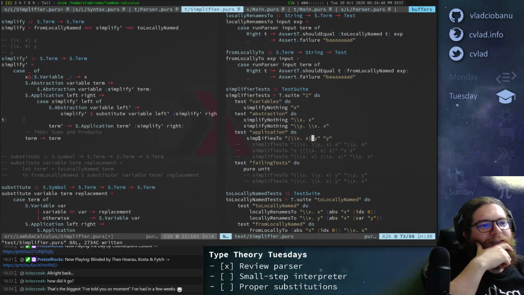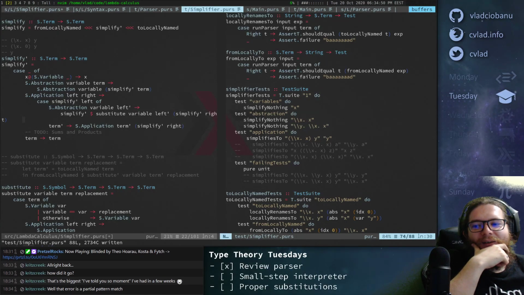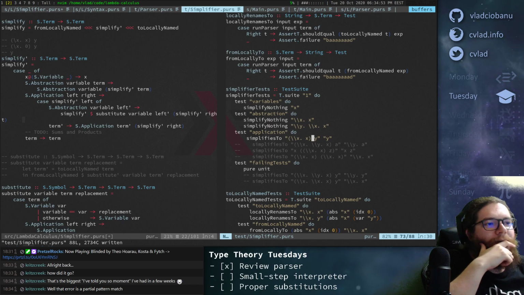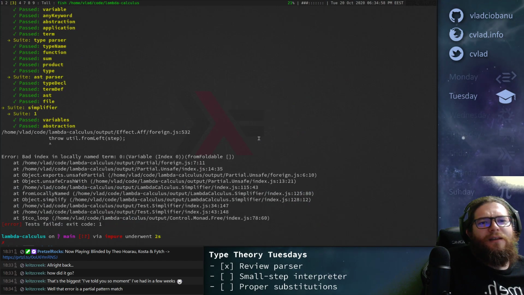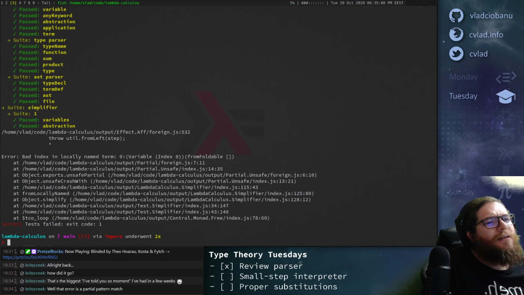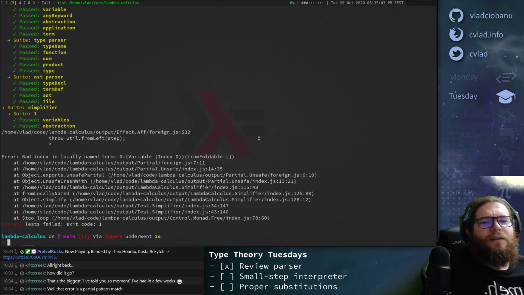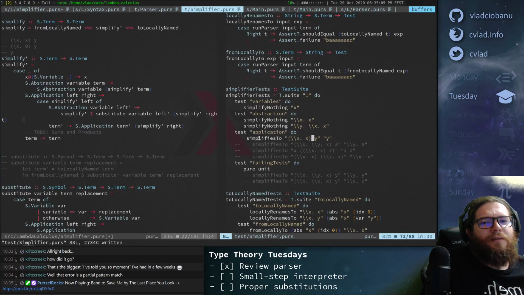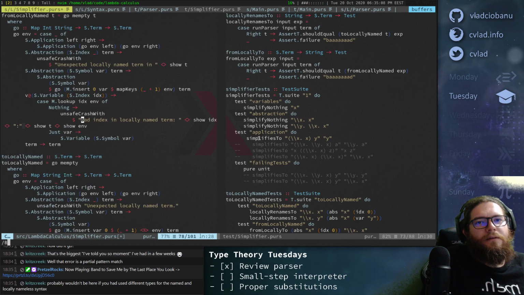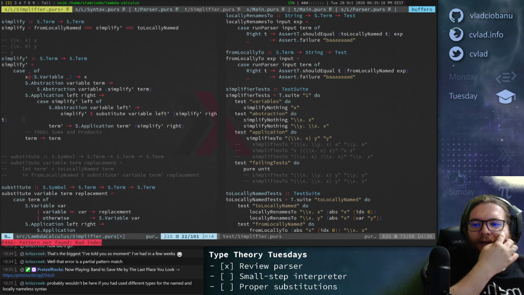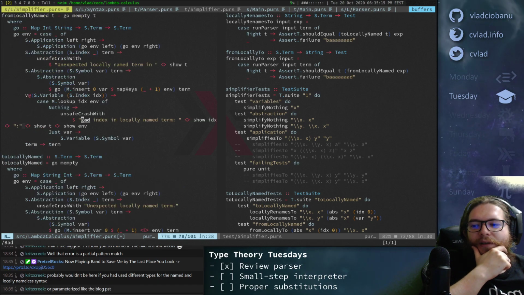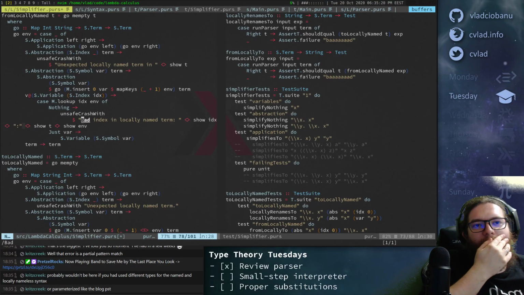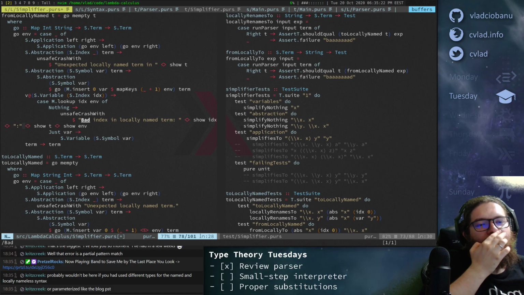Okay. Well, that error is a partial part. Yeah, I know. I think it's actually bad index. I'm not sure.